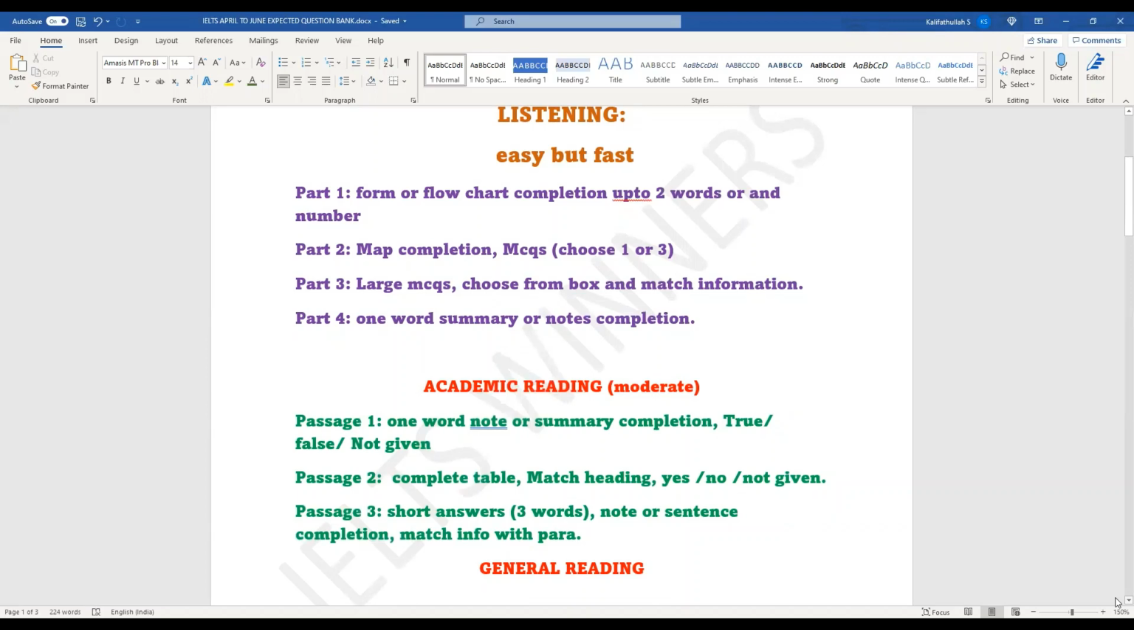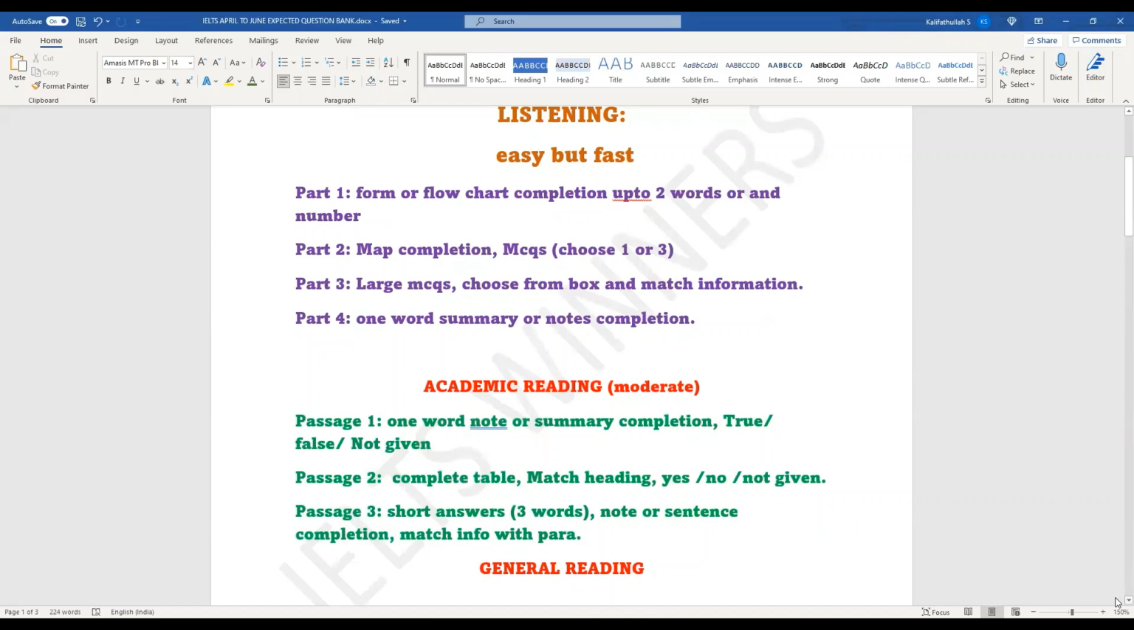As far as passage 2 is concerned, you will get complete the table. So you may be given a table or a flow chart and you need to complete it. And then you will get matching, that is match heading, match information. So you must be very clear with the strategy so that you get a clear idea which one I